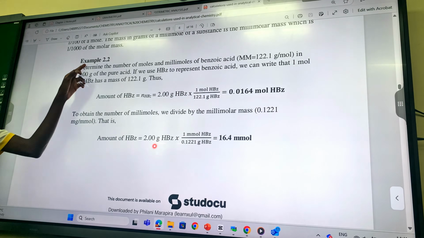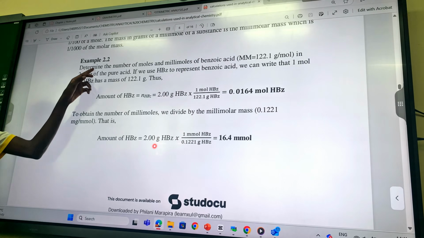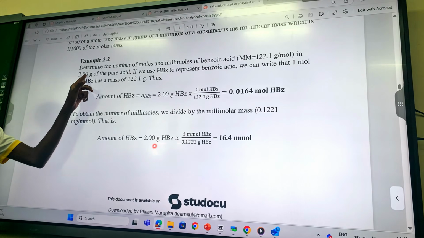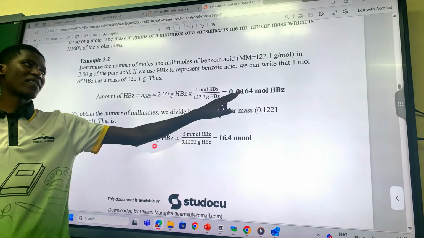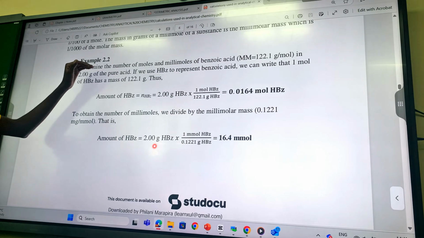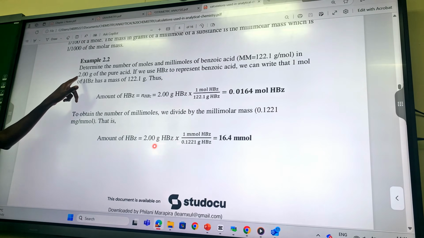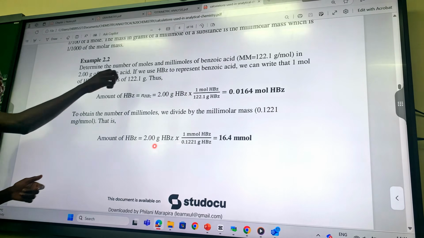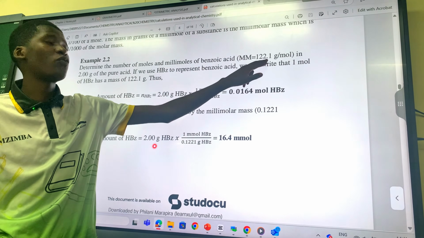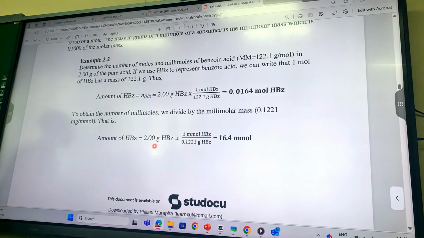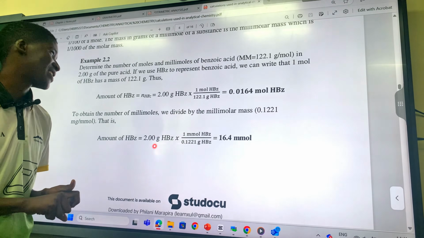Look at the mass you are given and how many numbers it has. For example, 2.00 has 3 numbers in it: 1, 2, 3. So your final answer must also have 3 significant figures. You just look at your mass, or your concentration, whatever they have given you to calculate. Here they gave you 2.00 to emphasize we must have 3 digits in our final answer. What about the molar mass, 122.1, which has 4 digits? No. You only consider the mass, the concentration, and other such things, but the molar mass, don't consider it.